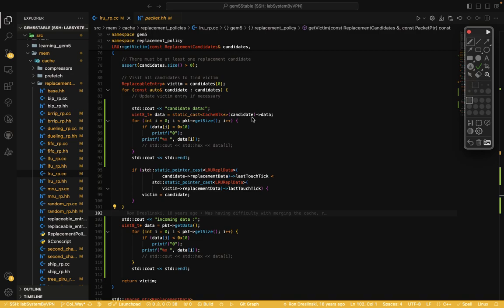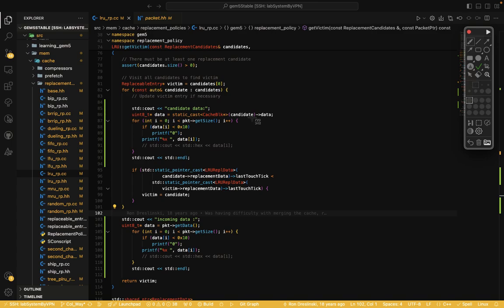When we want to check this list, the type of the items in this list is replaceable entry. But how can we convert the replaceable entry to the block entry, because the replaceable entry doesn't have the data attribute? We need to convert that replaceable entry to the block, and then we can access the data of that block.